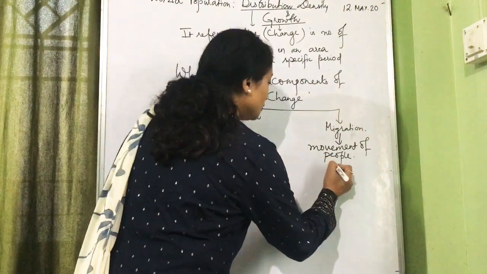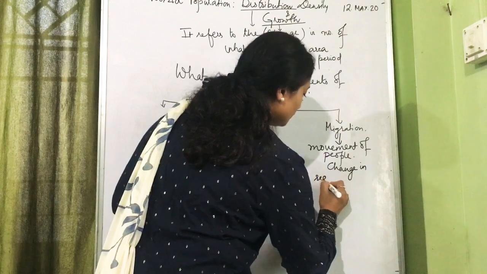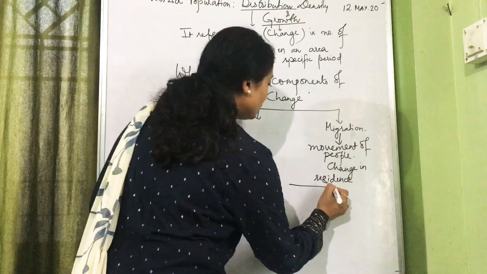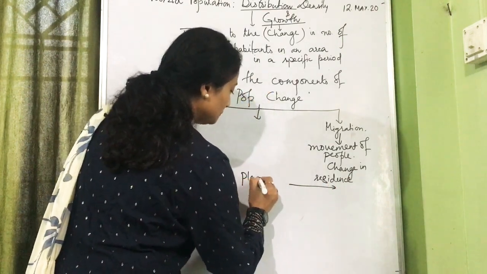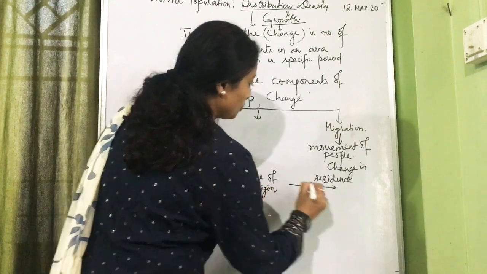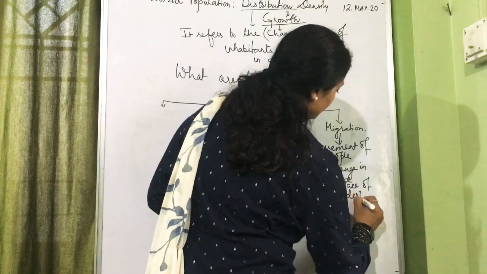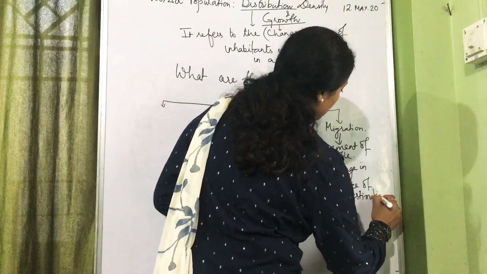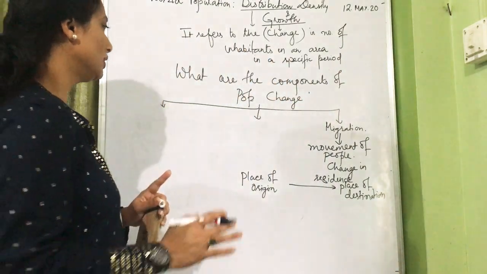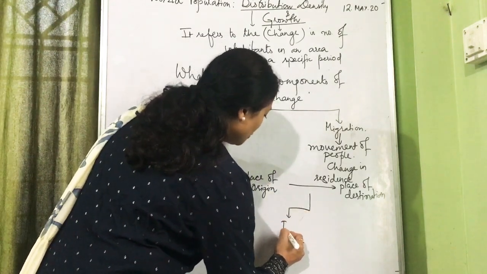It should include change in residence, that is from the place of origin to place of destination. Migration is also an important component which brings a lot of change in any country or region. Let's see how. Migration can be in-migration